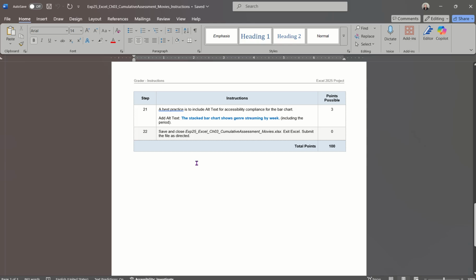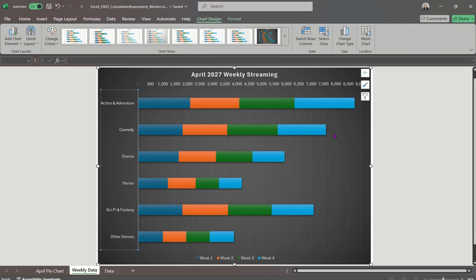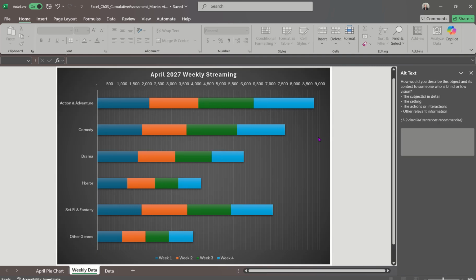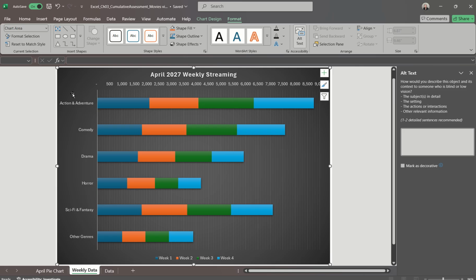The last thing we have left is the best practice to include alt text for accessibility compliance. So we're going to add right here, the stacked bar chart shows genre streaming by week, include the period, and then we're going to save it and upload it. So let me go back to my chart. We're going to go to format and click on alt text, and then if you can't access it, just click in the chart area, and then you should be able to come in here and click, and then we're going to type